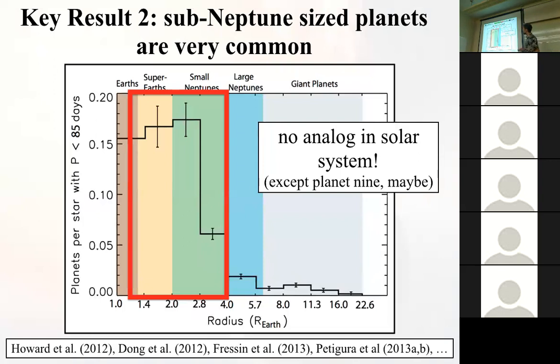So an ice giant, it depends on the composition, right? An ice giant would be something larger than Neptune and smaller than Jupiter, depending on what the actual composition of the planet would be, whether you think the composition is made out of water ices, things like that. In reality, for exoplanets, as I'll show in a second, you can actually disentangle those things very strongly.